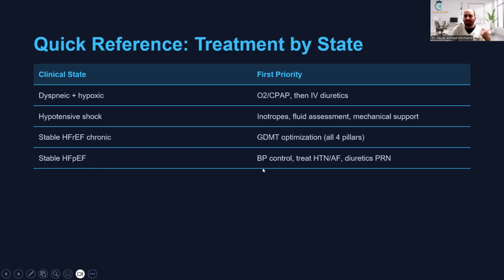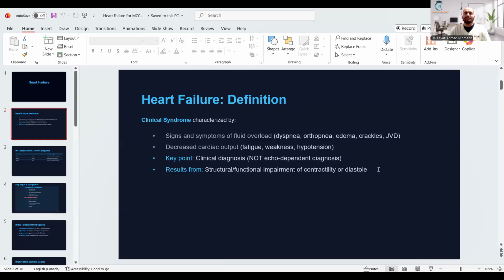You can give them SGLT2 inhibitors. They have benefit in reducing mortality. The other medications, like we discussed, do not provide more benefit for these patients. So treat their cause or risk factors and start them on SGLT2 inhibitors. All right. I hope it makes it clear for everyone. Now we will start with the